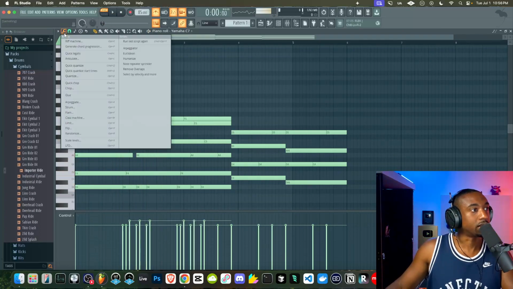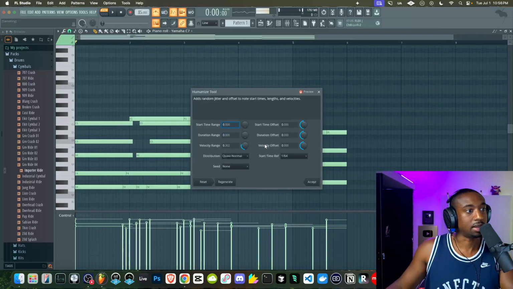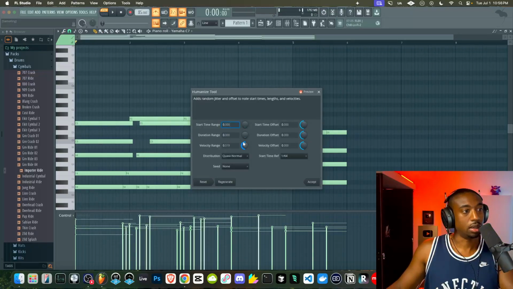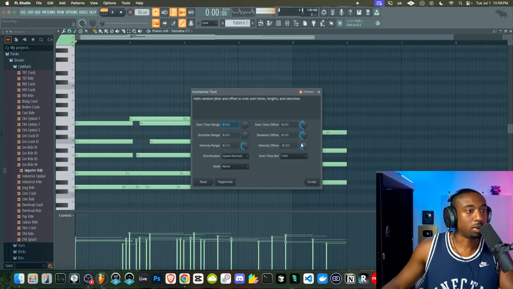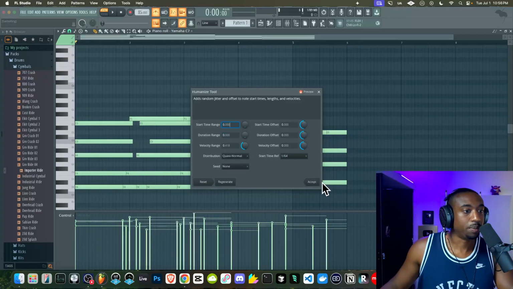Okay, now let's go to where it says tools, and let's go to where it says humanize, and let's mess with the velocity range here. You guys can turn that up as high as you want. And I just recommend messing with these two parameters here and hit accept.